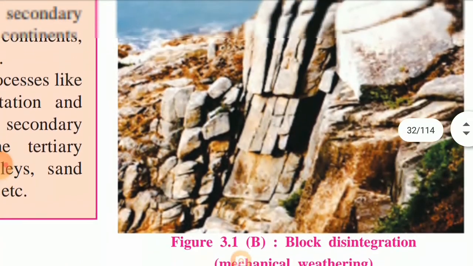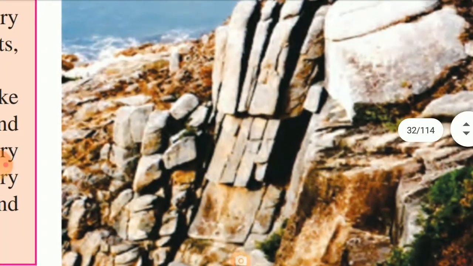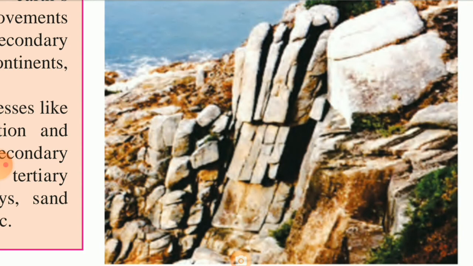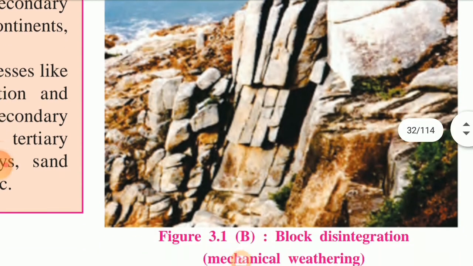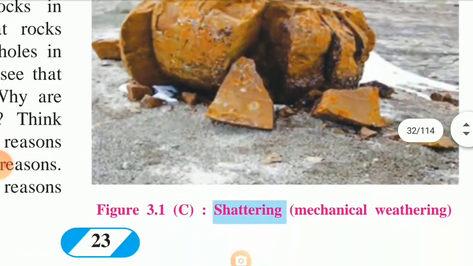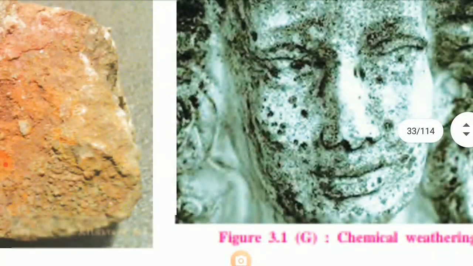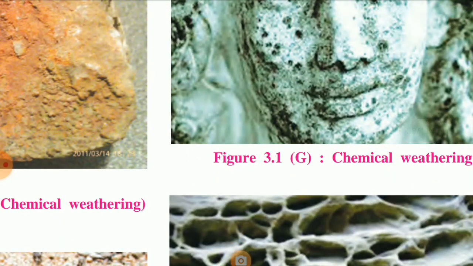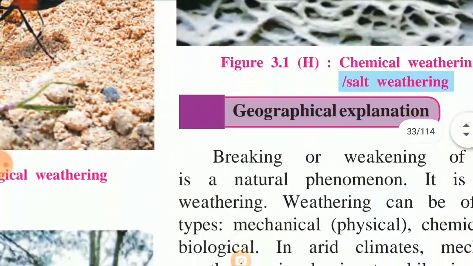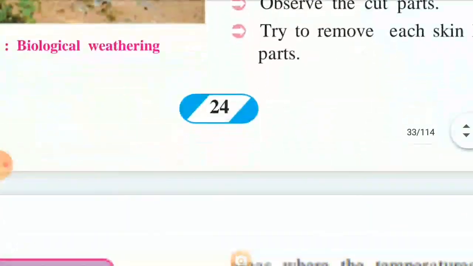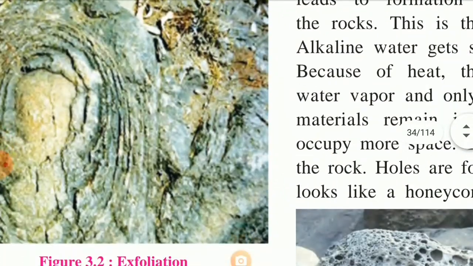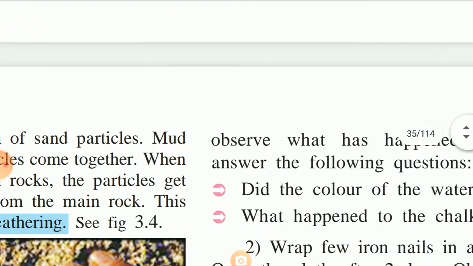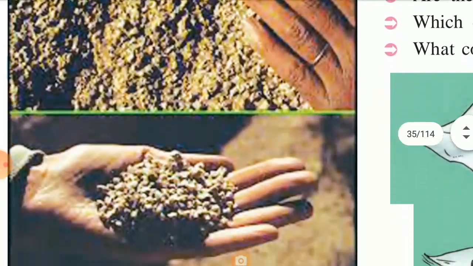You can see how the water penetrates in the rock, and then block disintegration. So a whole chunk of rock falls down. So this is called block disintegration. Now you will be asked the question, what is block disintegration? So we should be able to write that, block disintegration, then granular weathering,